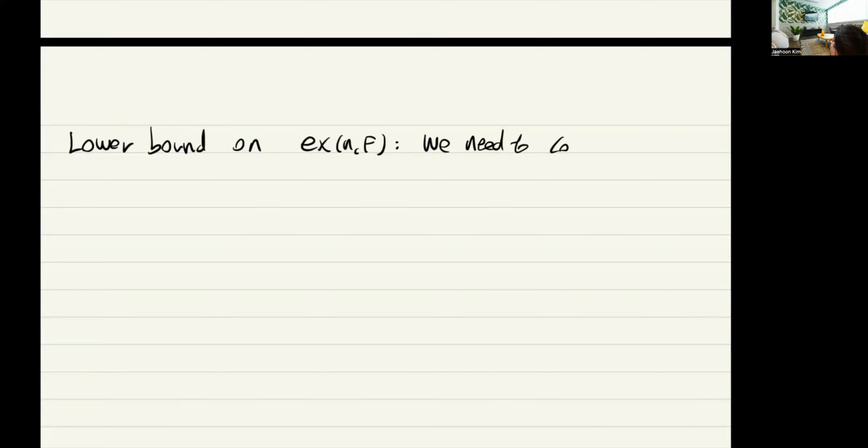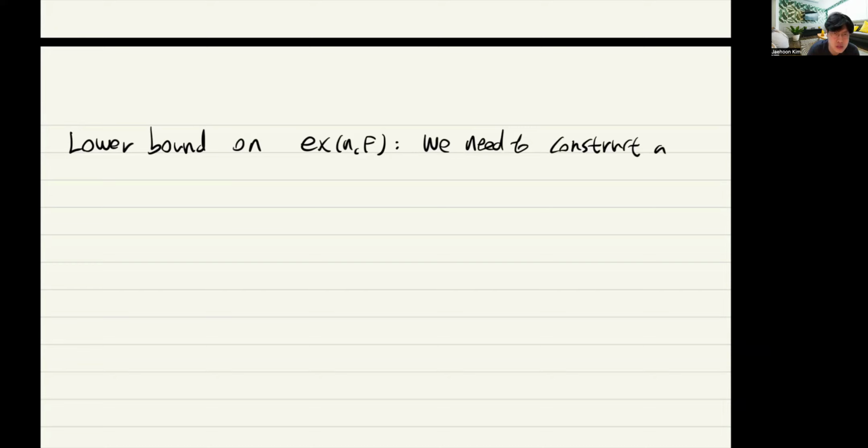So now we will talk about lower bounds on the extremal number. And in order to prove a lower bound on the extremal number, what do we have to do? To obtain a lower bound on this, what we have to do is we need to construct